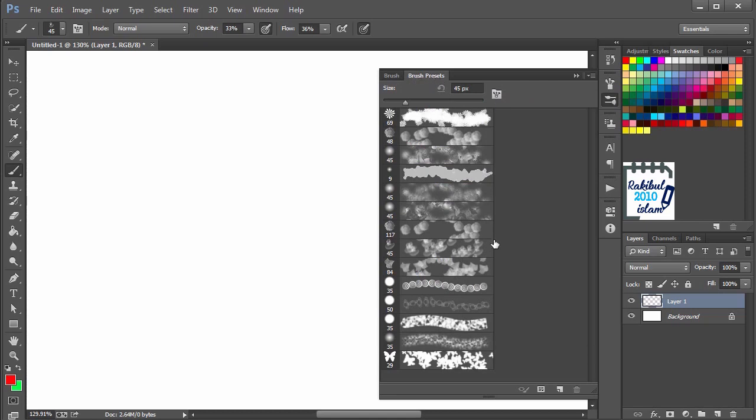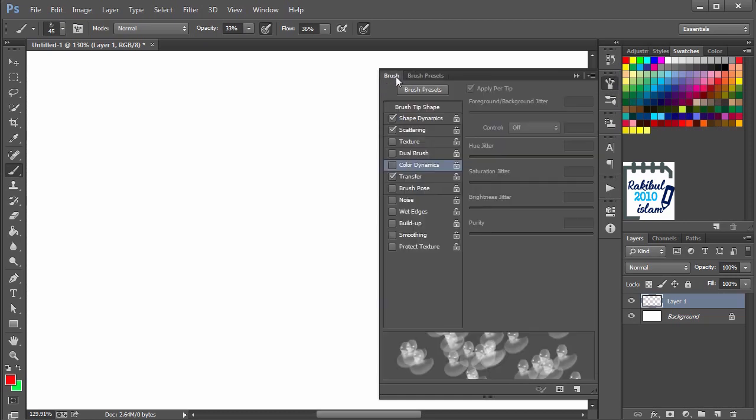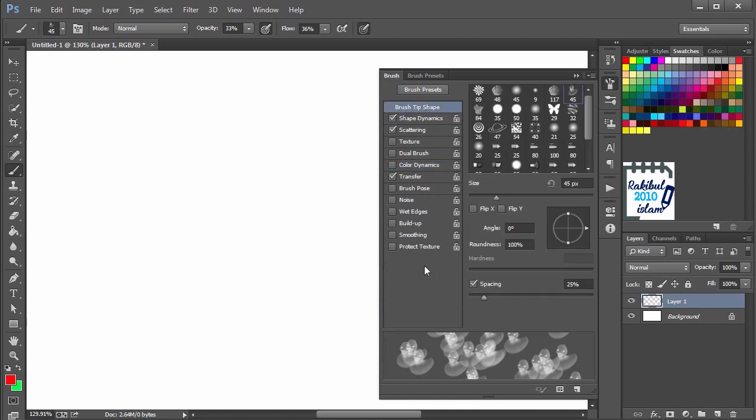This will show you a better view of the brushes you have. Let's go to the brush panel. You can change all of these properties for your brush from here, and you will see the preview in this box. Let's uncheck all this first and start with the brush tip shape.